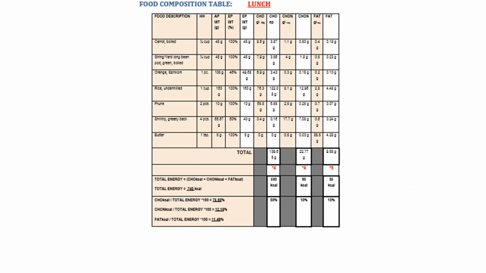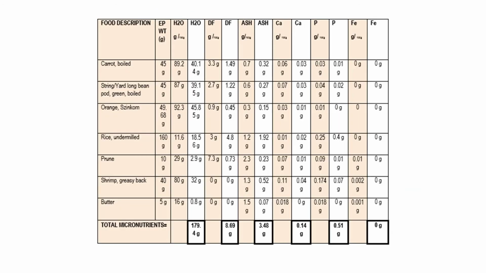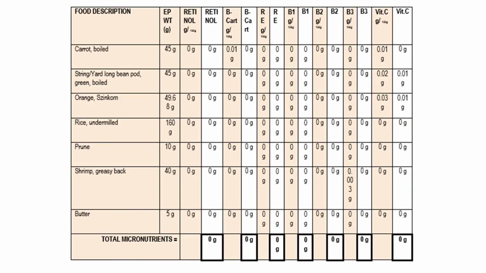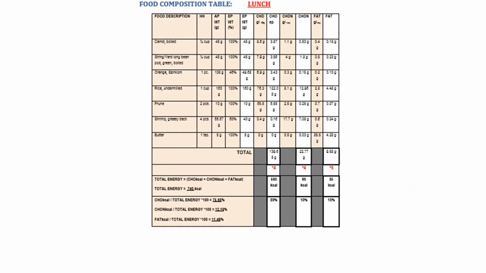For the food composition table, list out all the food items and get the household measurement and AP weight in the food exchange list, while the EP weight percentage can be found in the food composition table. To get the EP weight, the formula is to multiply the AP weight by its corresponding EP weight percentage. The values of the macronutrients such as carbohydrate, protein, and fat can be found in the food composition table as well. The formula is to multiply the EP weight with the corresponding value of the macronutrient, then divide it by 100. Example, carrots has a household measurement of 1 cup with an AP weight of 45 grams and the